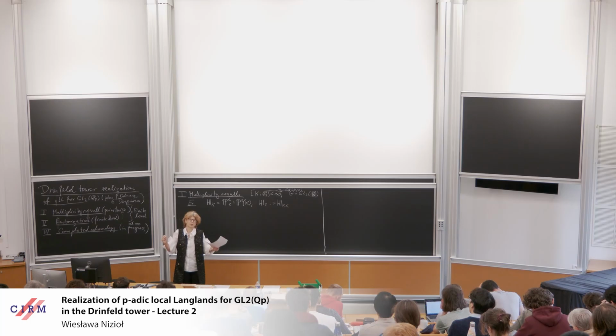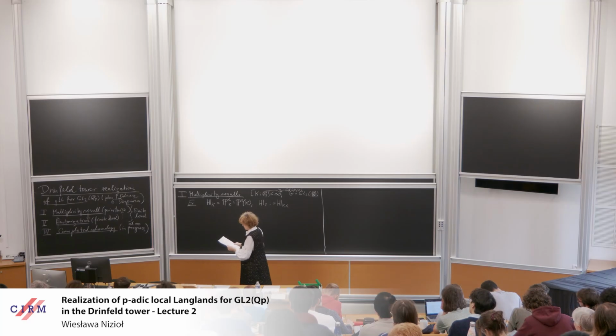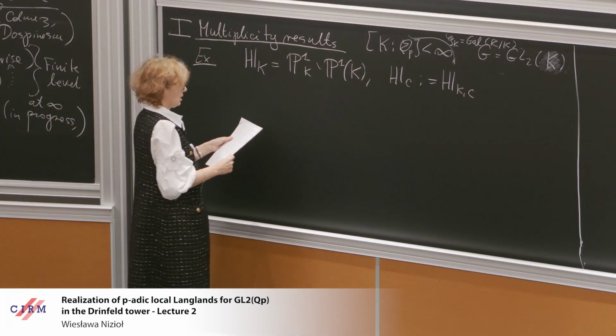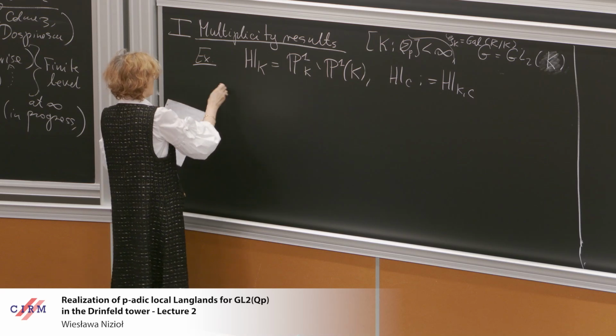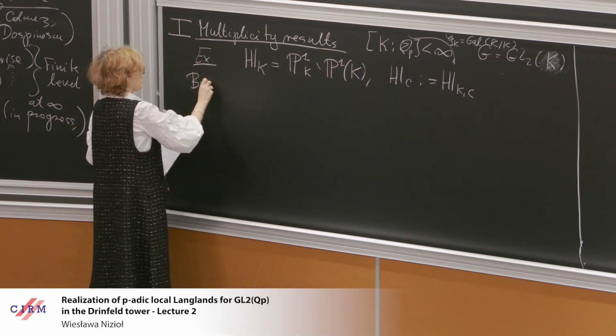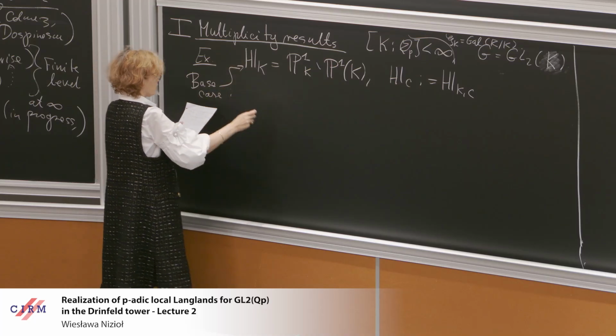Many of the results we have hold for this in general, but we will specialize to Q_p for the full results. But for the base case, it doesn't matter. So for the base case,